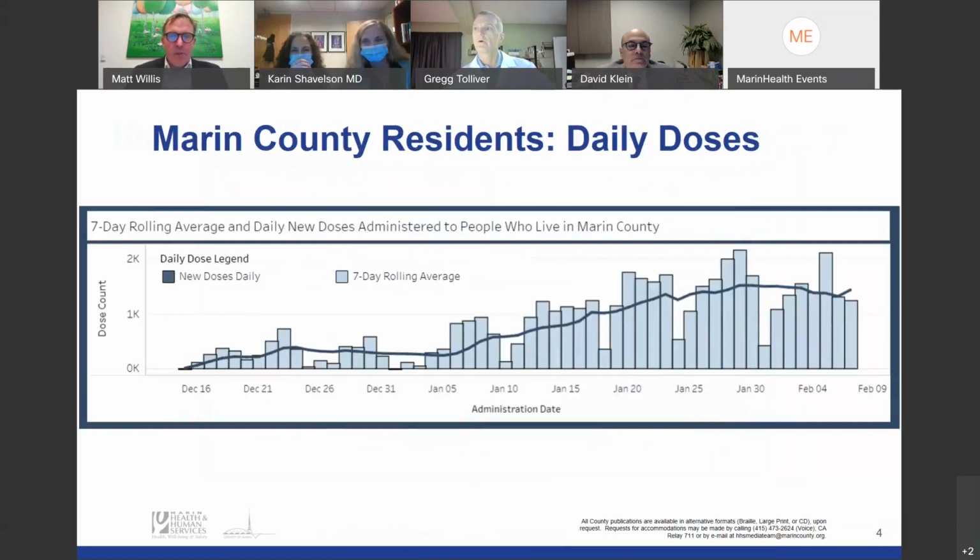These are the number of daily doses that we're administering. Again, when I say we, I'm talking about all the providers of vaccine across the county and others, even outside of the county, who may be vaccinating Marin County residents. You can see on a good day, it's just over 2,000. This also shows that we haven't seen much of an increase in our supply over the past month. We are in a relatively steady state, and that has been part of the challenge that we've all been experiencing,